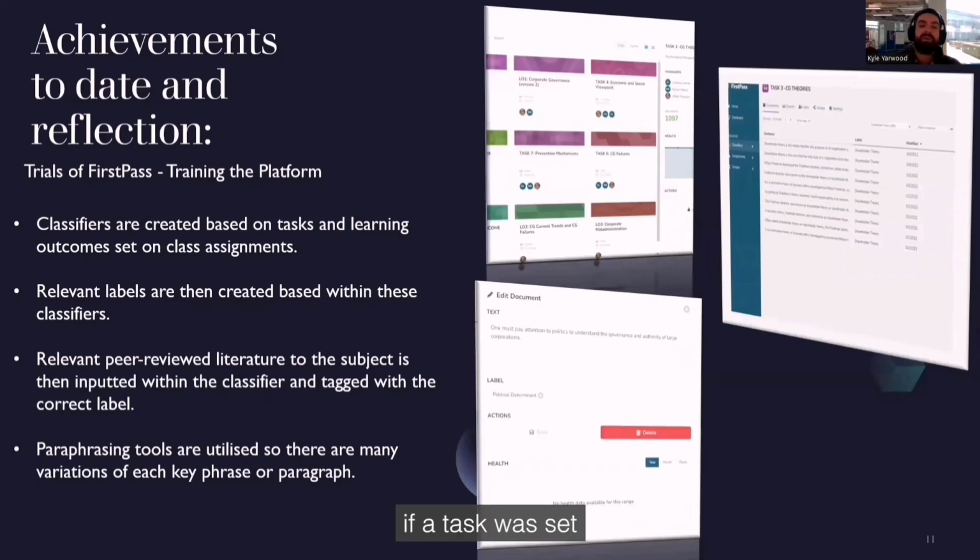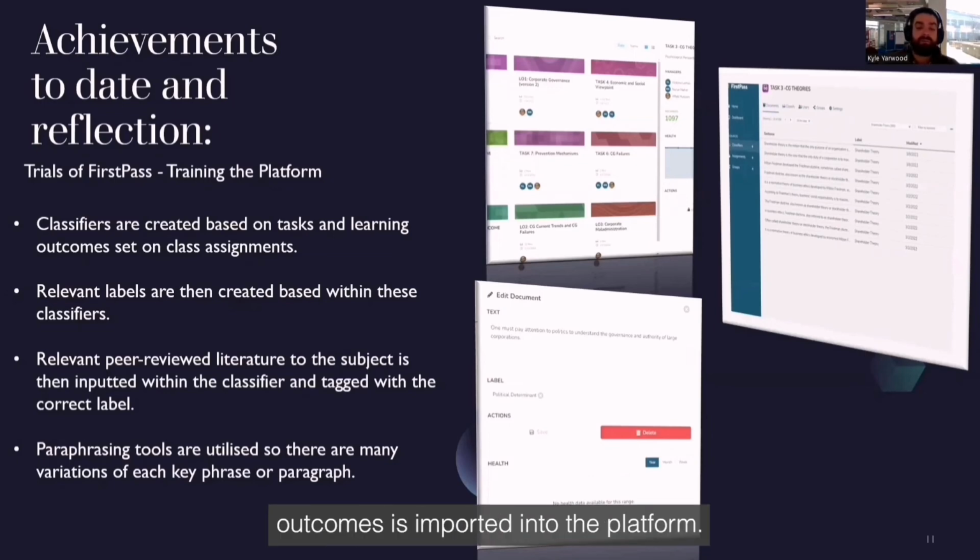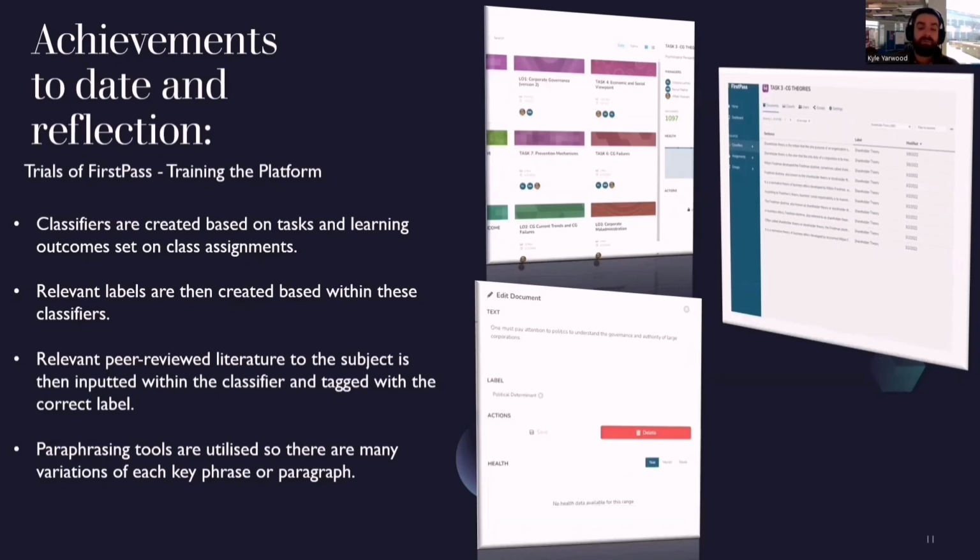For example, if a task was set where the student has to discuss both shareholder theory and stakeholder theory, there would be 2 labels within 1 classifier. This enables us as trainers to not have a multitude of data without relevant labels and classifiers, and ensures relevant data related to learning outcomes is inputted into the platform.